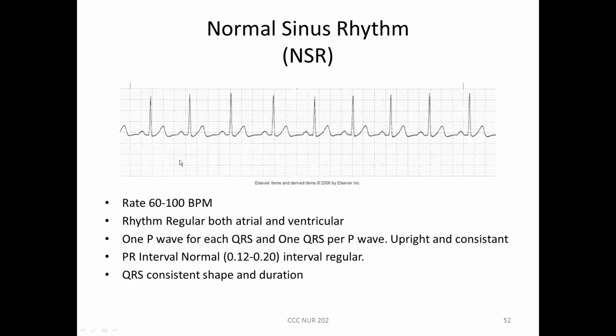They should be always upright and consistent. PR interval should be normal between 0.12 and 0.20. And I believe if we count those out, those intervals are all within normal limits. And the QRS is consistent with shape and duration. In other words, there's not a widening here. They're all pretty much consistent. And that is the end of the 5-step approach to reading